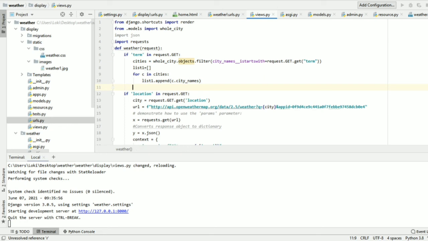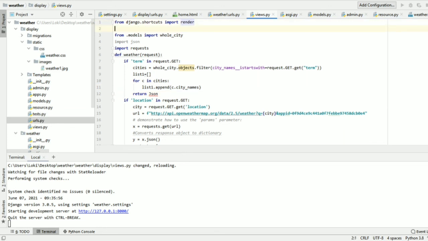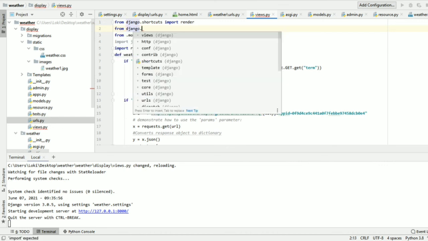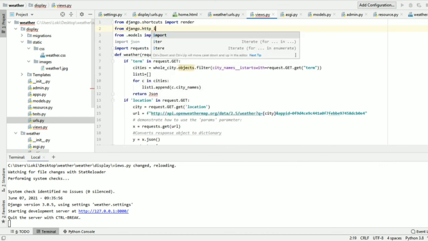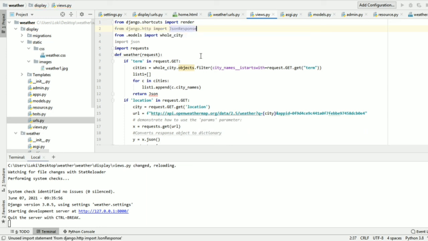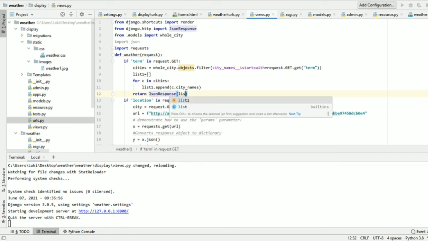After this I need to return this as a JSON response to the page home.html. Before using JSON response, I need to have that inside my views.py. I am importing that from django.http. Let's import JsonResponse. Let me use that JSON response here, and I am passing list one and safe equal to false here. Fine, here I am passing JSON response to home.html and it's going to give me the suggestion.